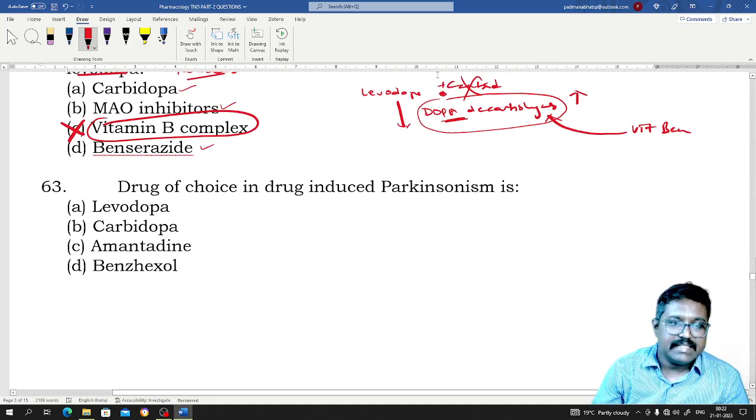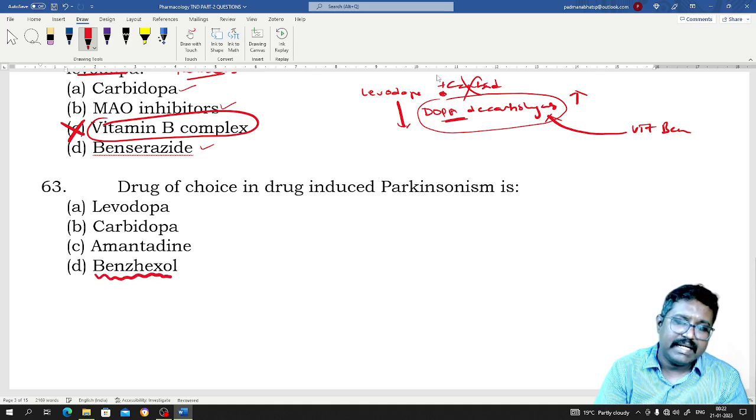So coming to the 63rd MCQ, the drug of choice in case of drug-induced Parkinsonism is benzexol. That is, cholinergic activity will be more in case of drug-induced Parkinsonism. Already the D2 receptors will be blocked, so because of the imbalance, the cholinergic activity will be more. To prevent the cholinergic activity, we are going to use the anticholinergic, that too centrally acting